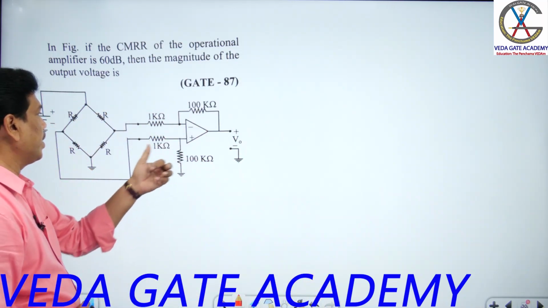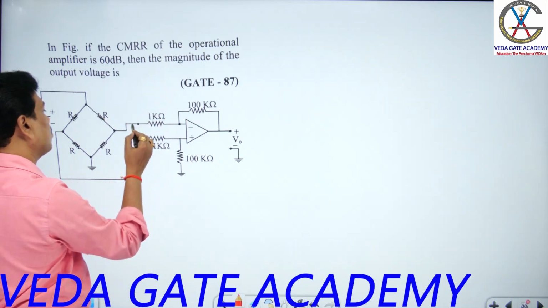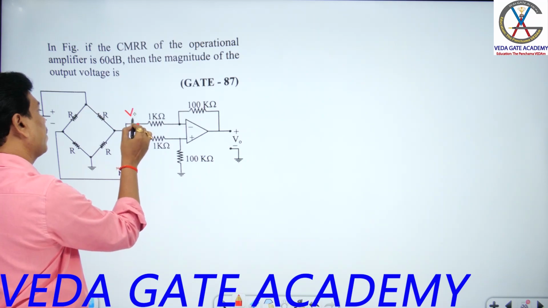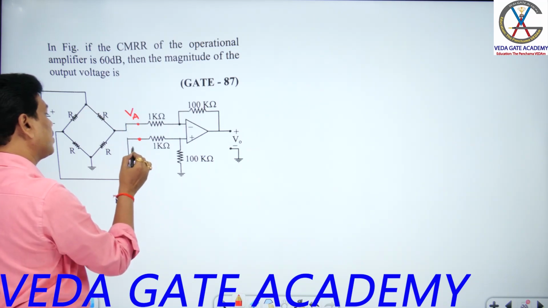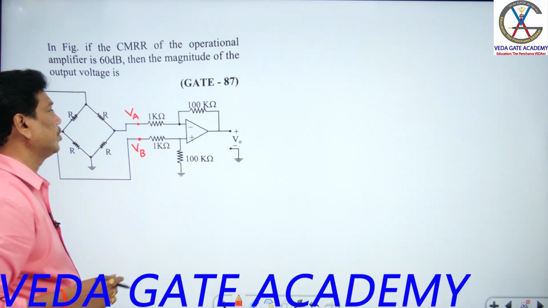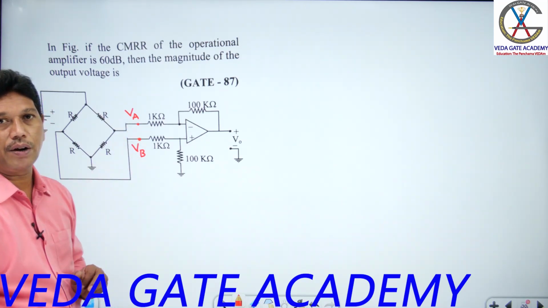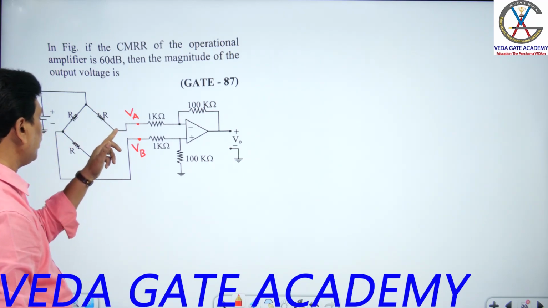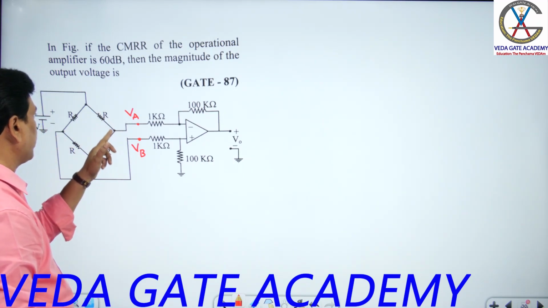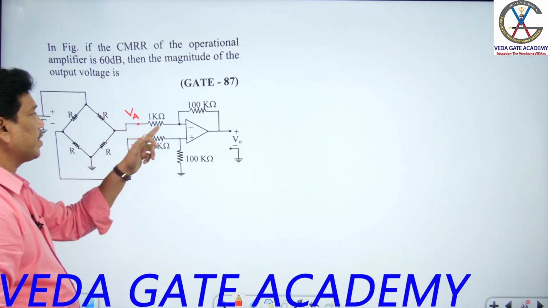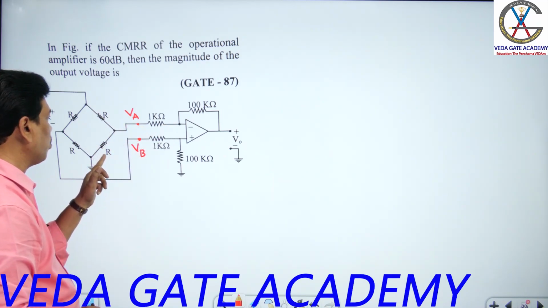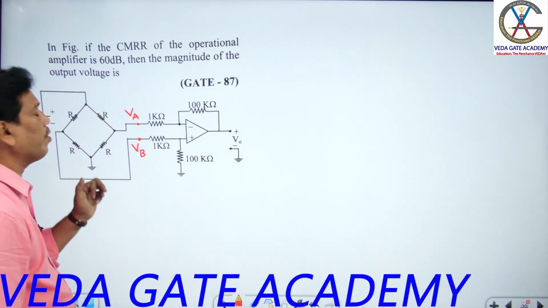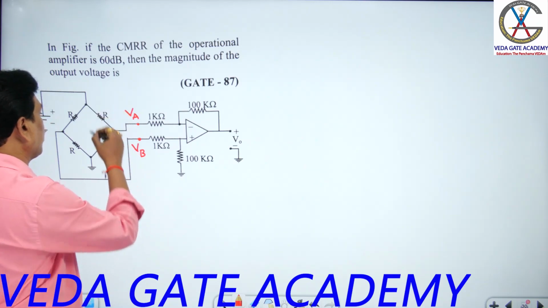So what is that condition, sir? Suppose I assume that here the voltage is VA, students. Here I assume that the voltage is VB. This voltage is VA, this voltage is VB. So what is that VA? This is the supply, sir. See this one now, VA. VA is the voltage at the inverting node to ground, sir. Inverting node to ground, who is there? R. This R is in series with R from the supply of 2 volt. Confirm my option, sir. This part you can take.